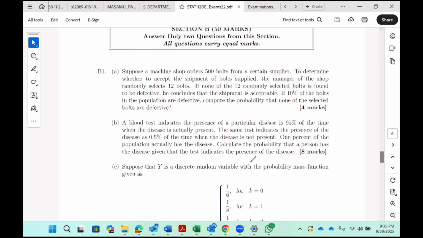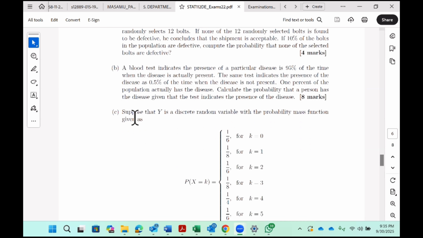So B2. A blood test indicates the presence of a particular disease 95% of the time when the disease is actually present. The same test indicates the presence of the disease 0.5% of the time when the disease is not present. 1% of the population actually has the disease. Calculate the probability that a person has the disease given that the test indicates the presence of the disease. So here,